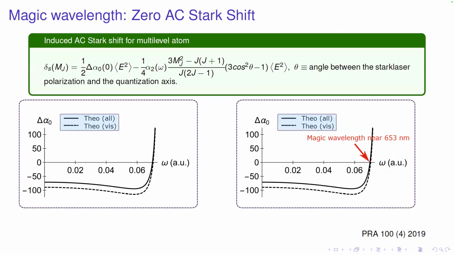And this is the formula. I don't want to go through the details of the formula. This is the formula we are going to use for these measurements. But you can see here in the plot, on the left side, there are two plots. One is the theoretical plot and one is the dotted plot, which is the theoretical plot but using experimental parameters. I'm talking about this for a particular element called barium.